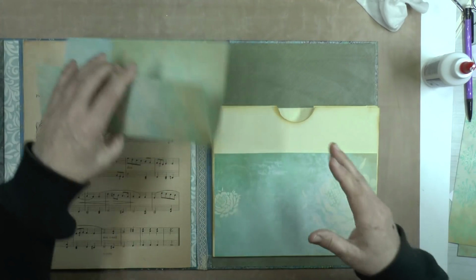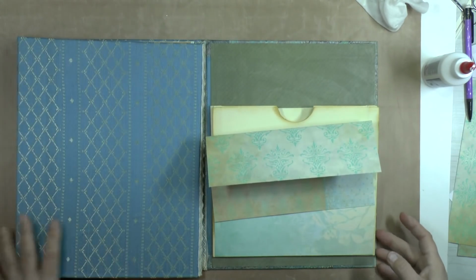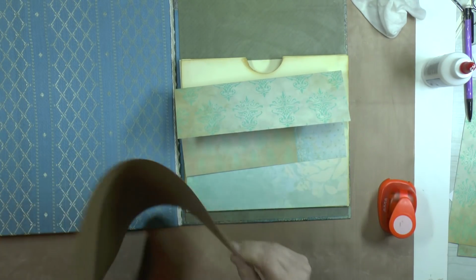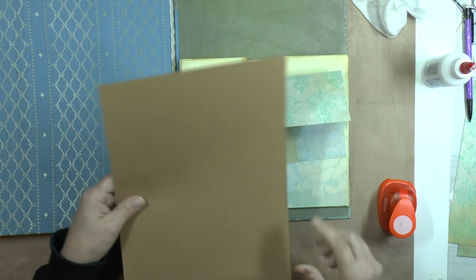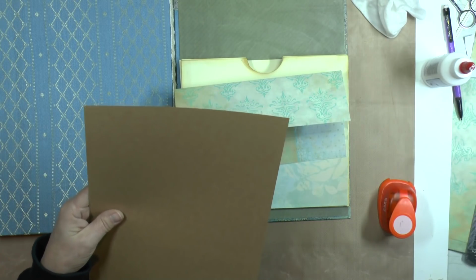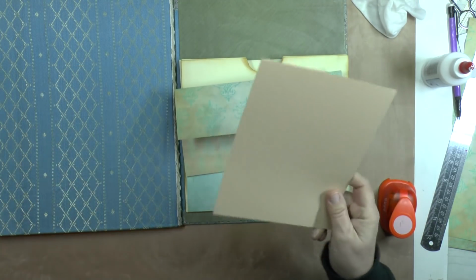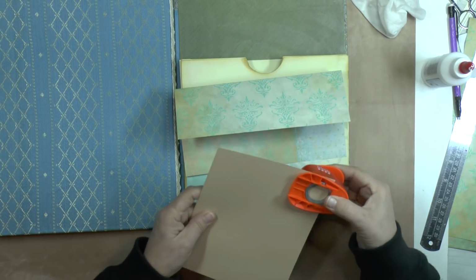And now I have to make the closure. Well, I have 120 grams paper. Well, that's not thick enough. I have this too. This is thicker. Maybe I can use this. This 260 grams. So I will cut out